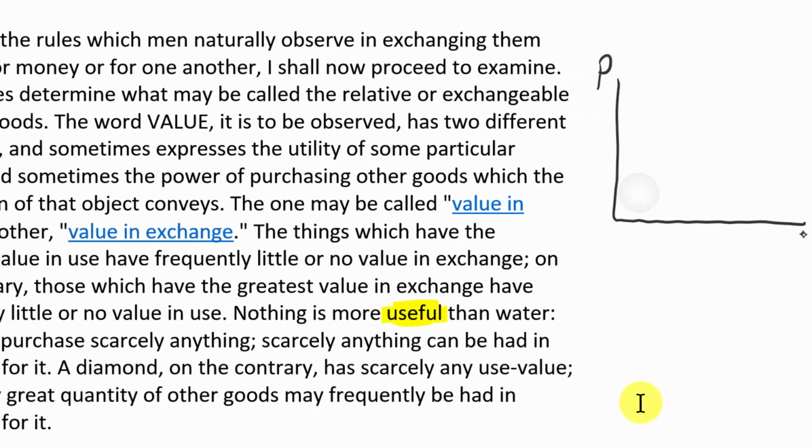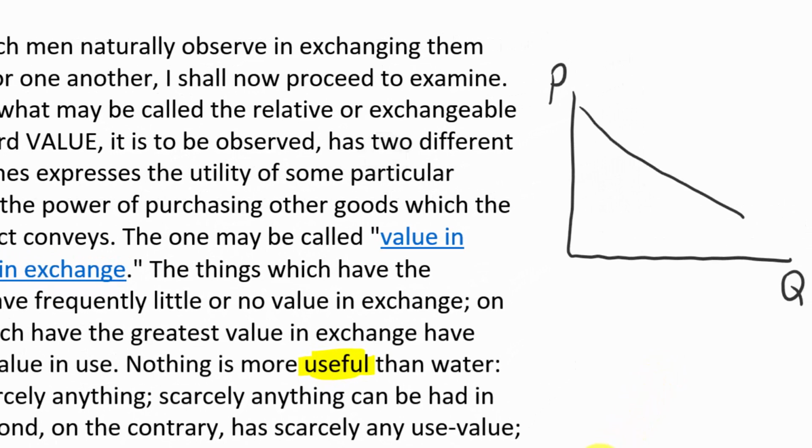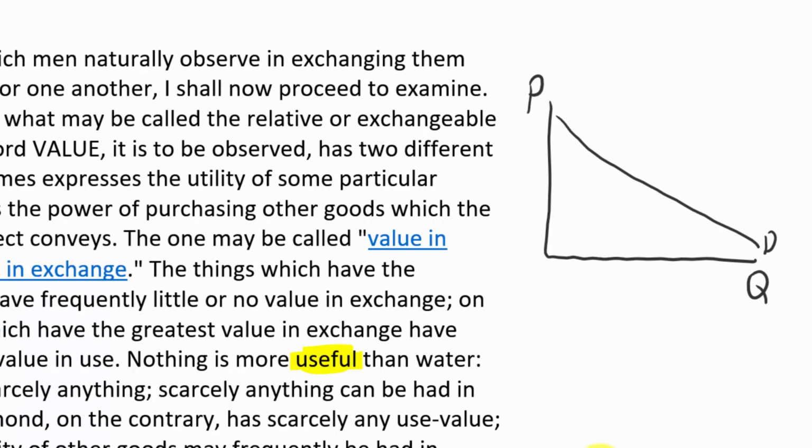Let's suppose that the demand for diamonds and for water are actually identical. They're probably not, but let's just suppose for the sake of argument that they were. Why is the price of diamonds so high? Well, because the supply of diamonds is very low. So that's going to cause the price to be a high price, maybe $1,000 for a medium quality half-carat diamond, for example, right? And because we don't buy a lot of diamonds, the additional utility you'll get from another diamond is probably going to be high because you don't have them laying around, right? That diminishing utility hasn't kicked in quite as much if you only have 2 or 3 diamonds.